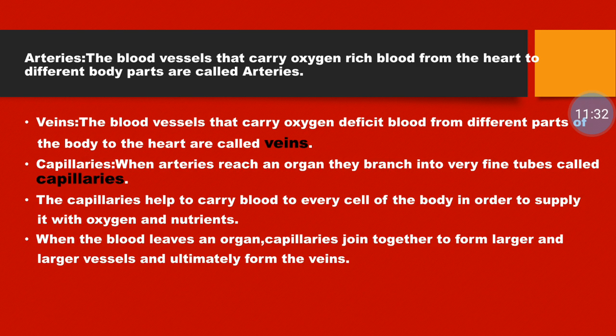Okay, over there what happens is the lungs pick up the oxygen and get rid of the carbon dioxide. That is the function of the lungs. And now the left side of your heart receives the oxygen rich blood from your lungs, and it pumps it through your arteries to the rest of the body. So here the left side of your heart will receive oxygen rich blood, and then from there the arteries take the oxygen rich blood to all the parts of the body.